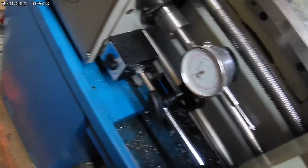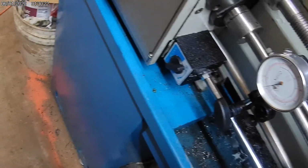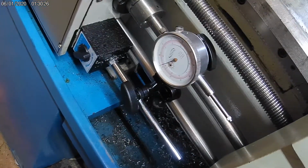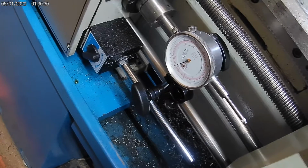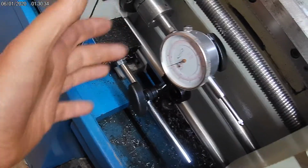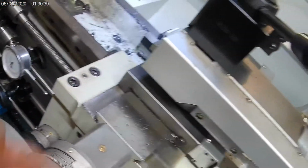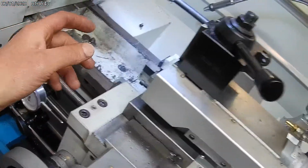Now, I'm not sure what most people do here, if they just try and stop it on the needle. What I very quickly realized is that you have a certain amount of reaction time. And I do a couple of practice ones to know what my reaction time is going to be. What I'll typically do is I'll have the tool off the work. I'll do a couple of dry runs